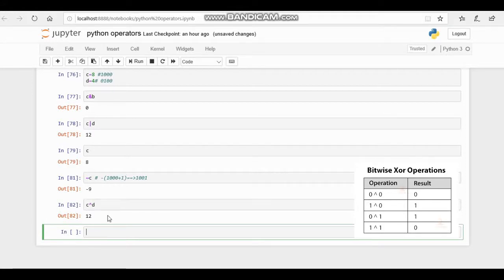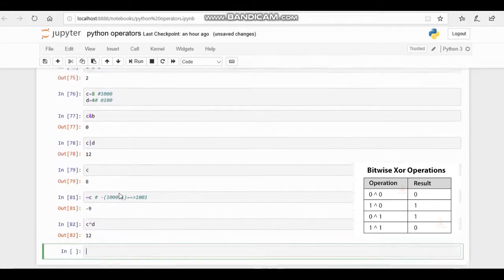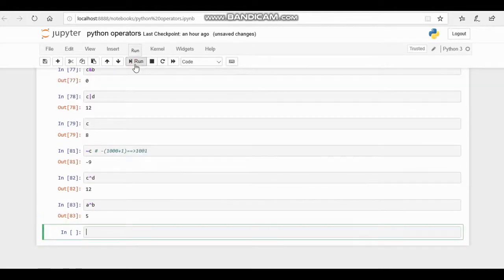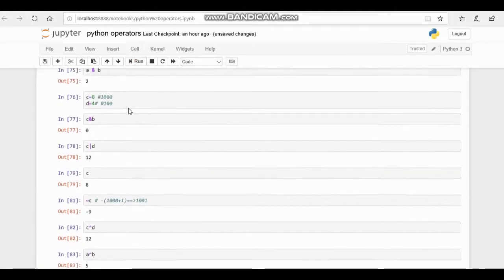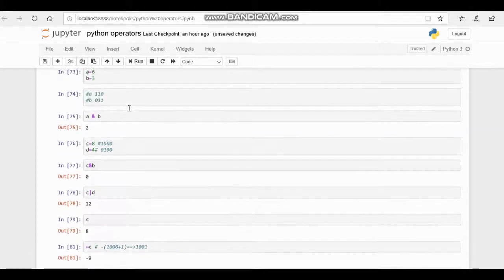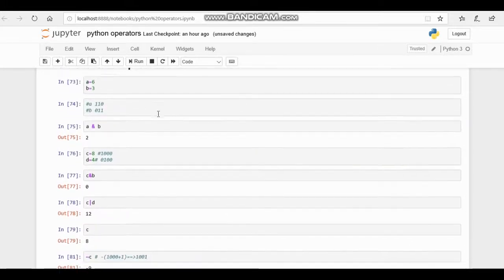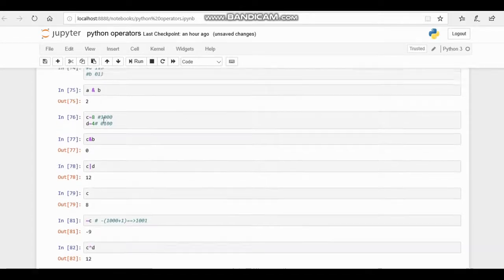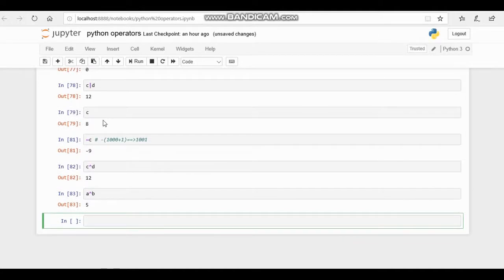So 8 plus 4 gives 12. If I do A XOR B, I will get 5, which is the same case for this also. Here 6 and 3: 0 and 1 gives 1, 1 and 1 gives 0, and 0 and 1 gives 1. So it will give the value 5. So that's about the XOR operation.